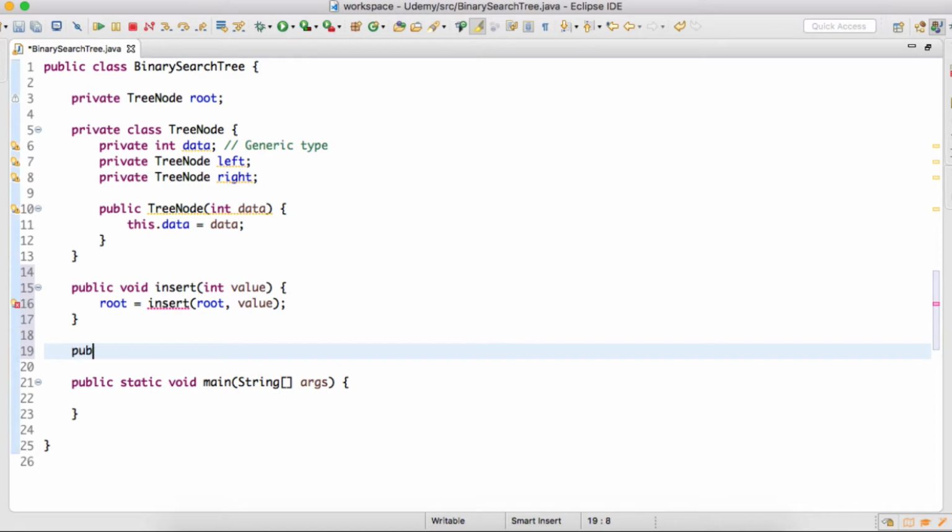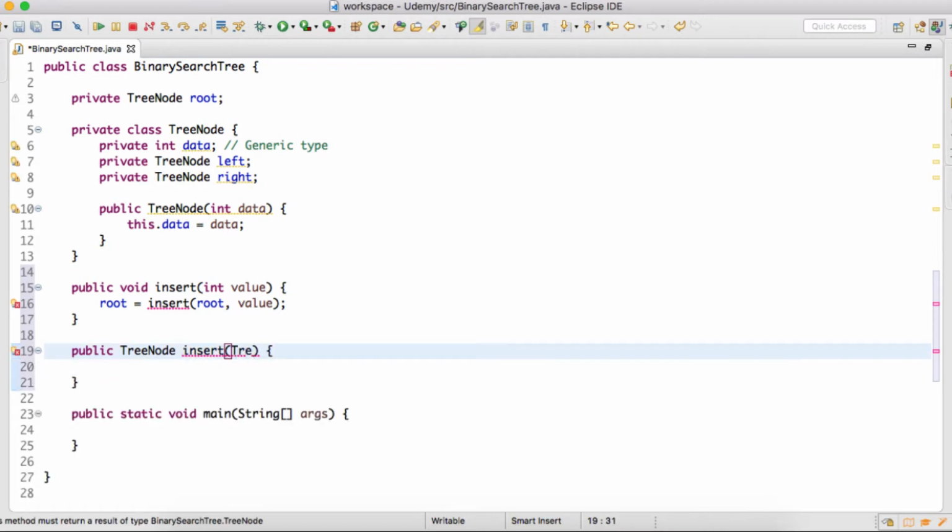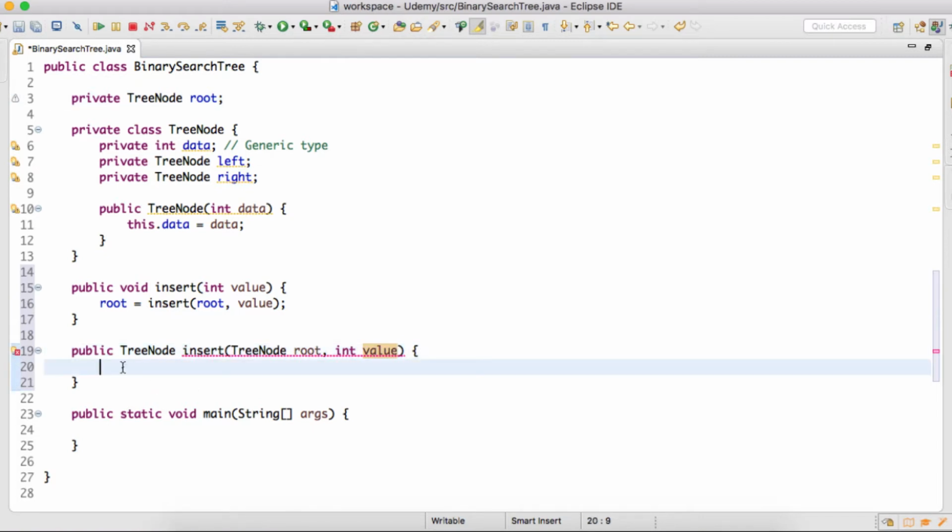and here we'll create a method as public whose return type would be TreeNode, name would be insert, taking in parameters as root and the value which we want to insert. Friends, in our previous tutorial we discussed the recursive way to insert a node into a binary search tree. So here we'll first provide a base case